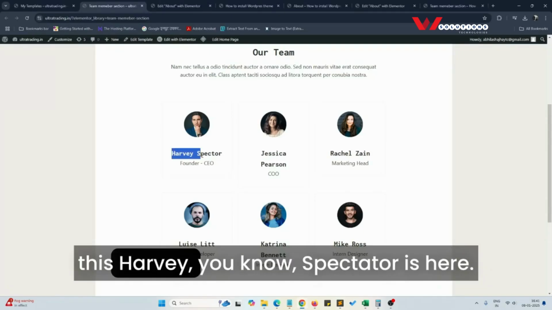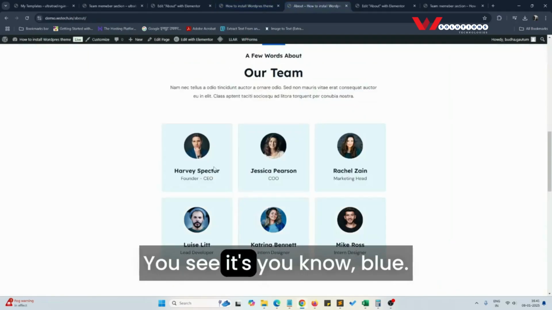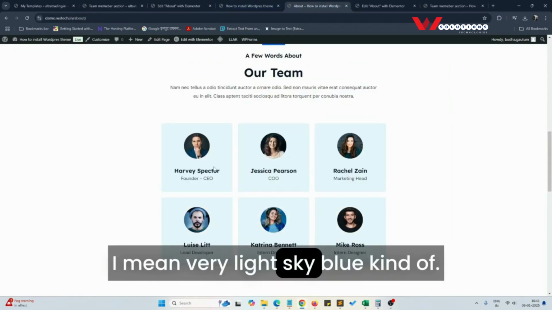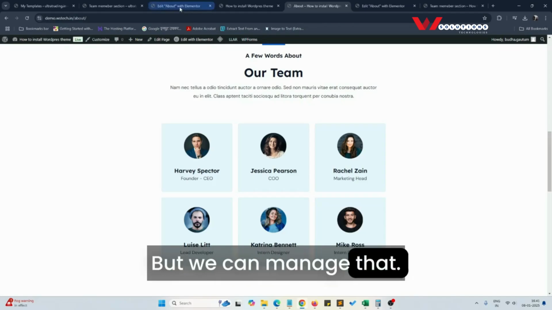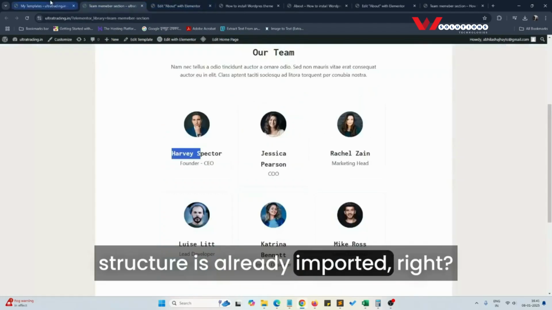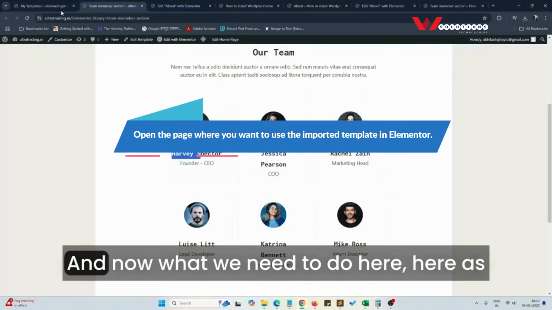because if you see that the background of this hero section is here, you see it's blue, I mean very light sky blue kind of, but we can manage that. But at least the entire structure is already imported, right? So it is imported there, and now